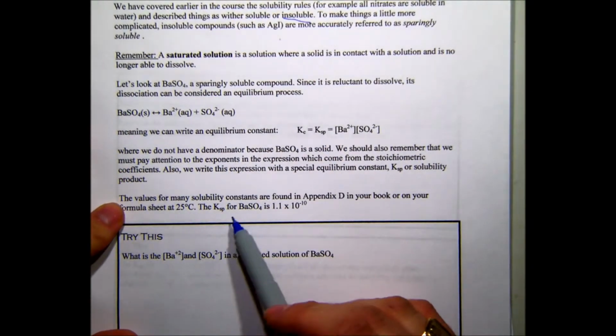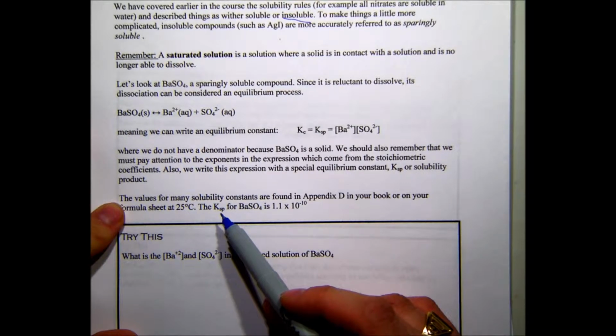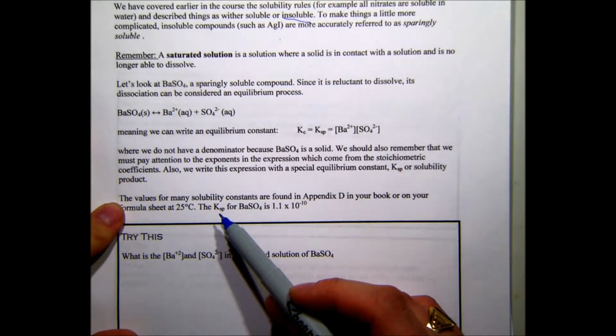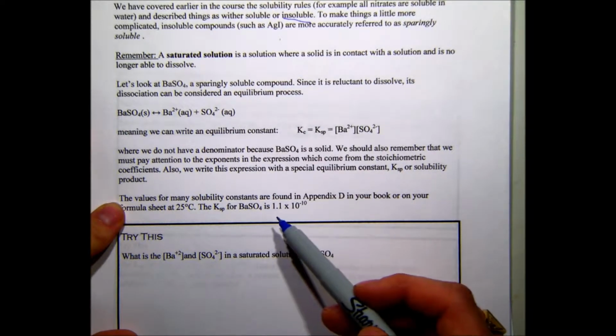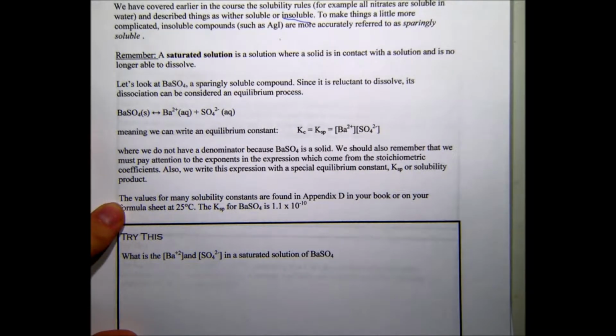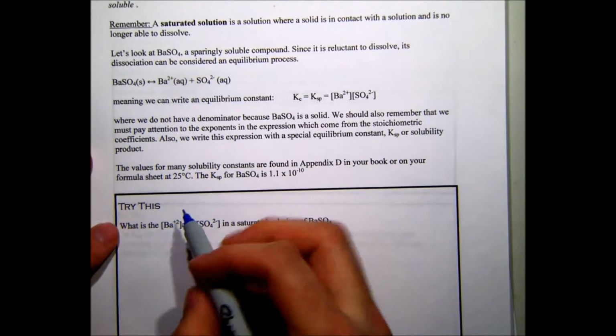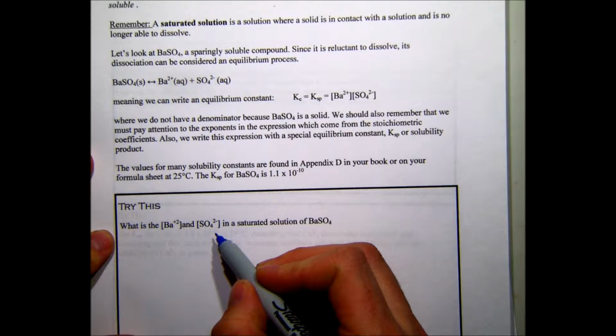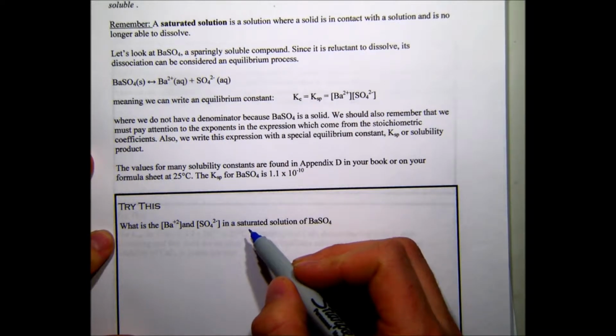So these equilibrium values, which we better called KSP, or the solubility product equilibrium constant, for barium sulfate is 1.1 times 10 to the negative 10, which is much, much less than 1, so it's very much lying with the reactant side. So the try this says, what is the concentration of barium and sulfate in a saturated solution of